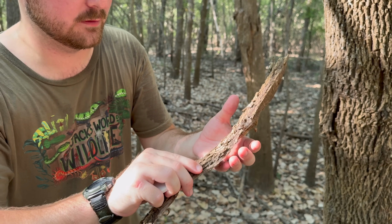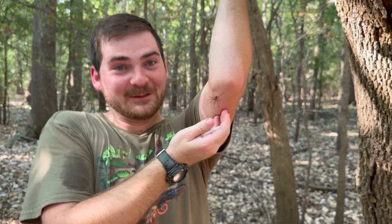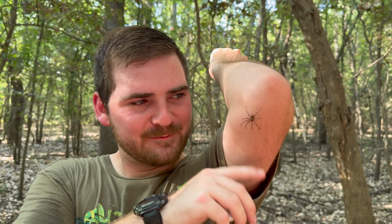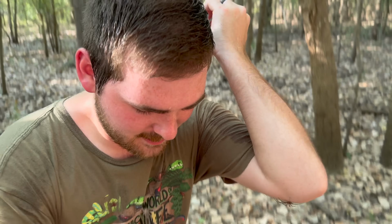Well, I lost my container, but I captured my recluse. Look at the size of this thing, folks. This is a monster brown recluse spider, easily in the upper range of the size of these arachnids. But take a look right here. I'm actually in no danger of being bitten. Now that might seem a little contrary to what you might believe about these spiders, but these animals are far from the aggressive, bite-hungry monsters that you might think them to be. Let me see if I can carefully...